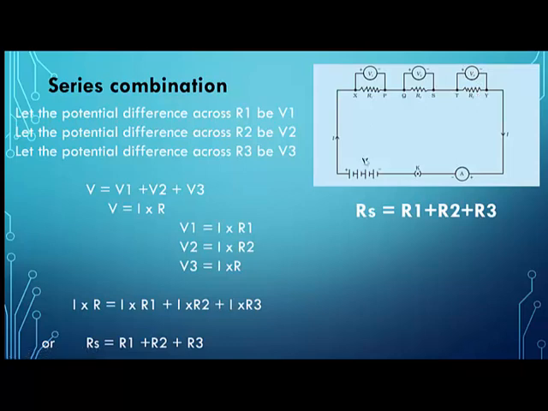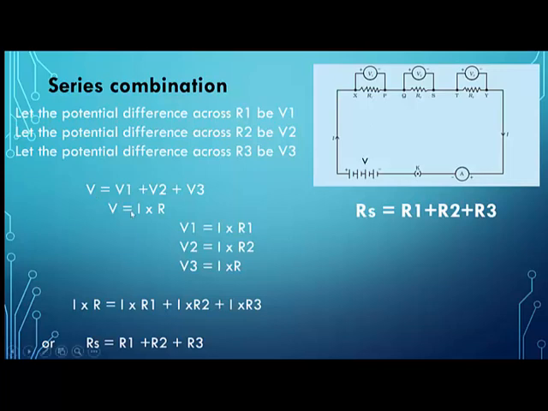V3 is the potential difference across R3. Okay? So what we have done is we have connected 3 resistances together in series combination and connected 3 voltmeters like this, and the total voltage which the battery is providing is capital V, and the first voltmeter is reading V1, second one is V2 and third one is V3. So now, whatever the voltage the battery provides, that will be equal to the addition of all the 3 voltages, because eventually the battery is providing all the voltage. So V should be equal to V1 plus V2 plus V3, isn't it?